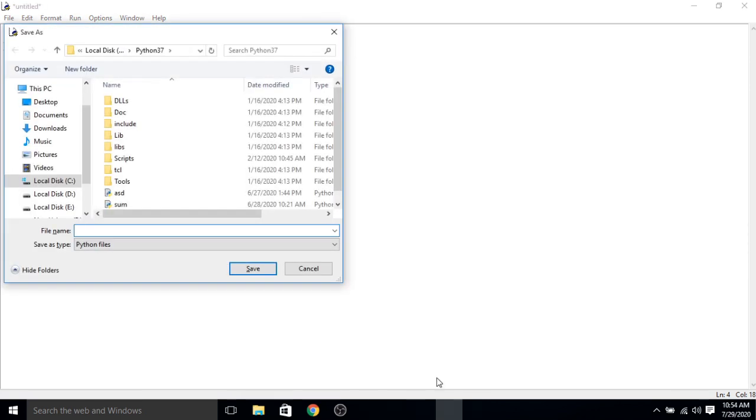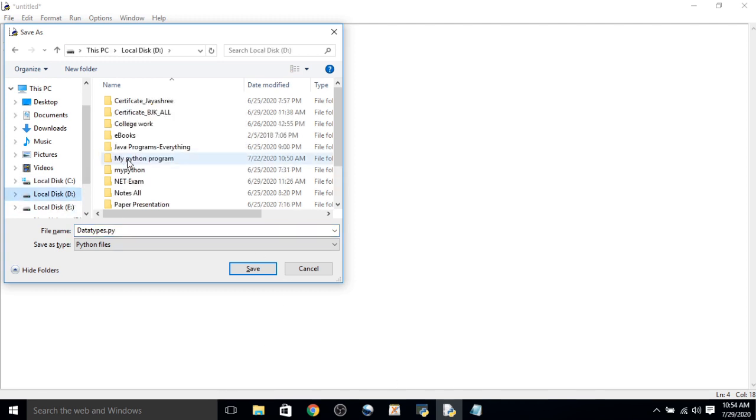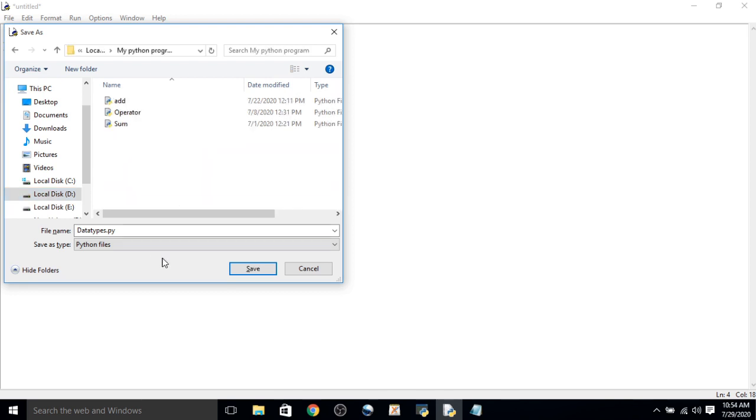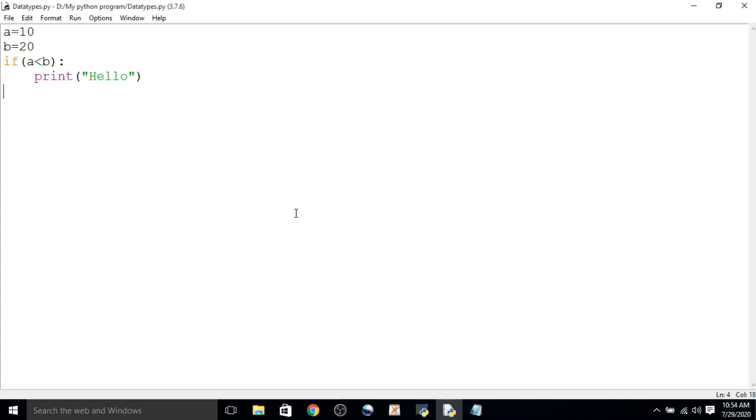Save that inside your home directory as datatypes.py, as a Python file. Okay, save it. Now execute it by pressing F5 or going to the run option and choosing run module.